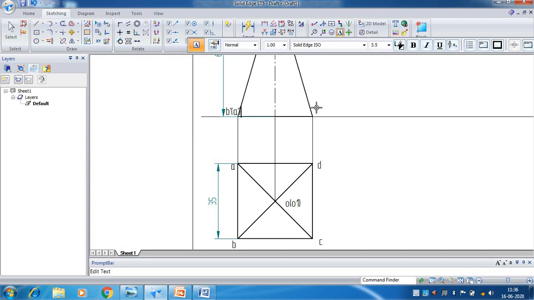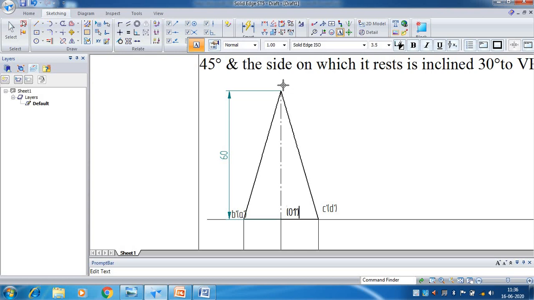Here it is C dash, and into bracket D dash. And this base corner is not visible. Base center O1 dash should be inside the bracket, and O dash is visible.